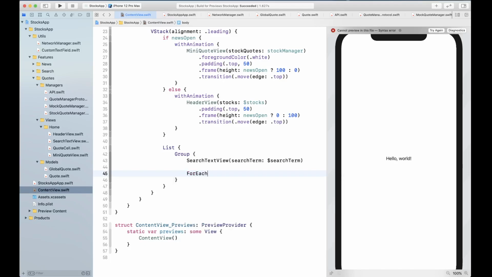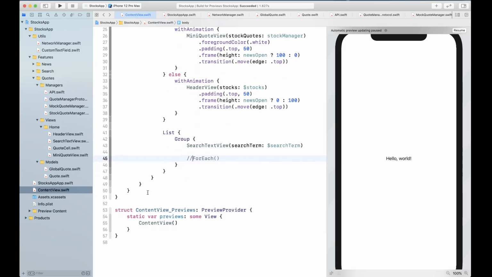and we're going to say for each, and we need to create a helper function that is going to get us the quote. This function is going to help us if the quotes are filtered due to the search term being applied or not.